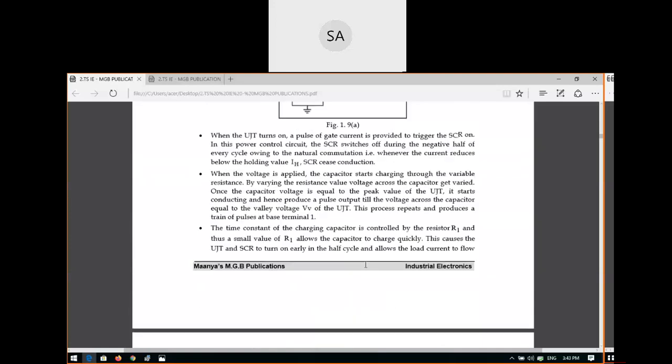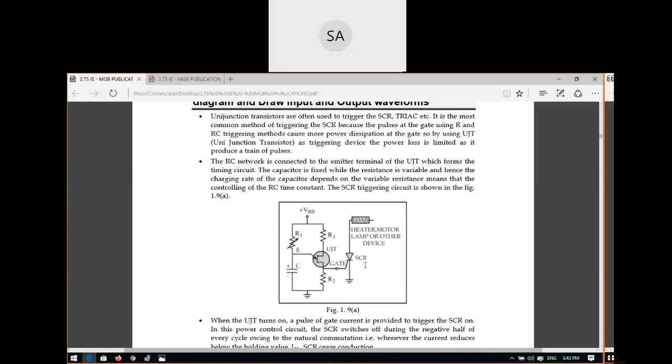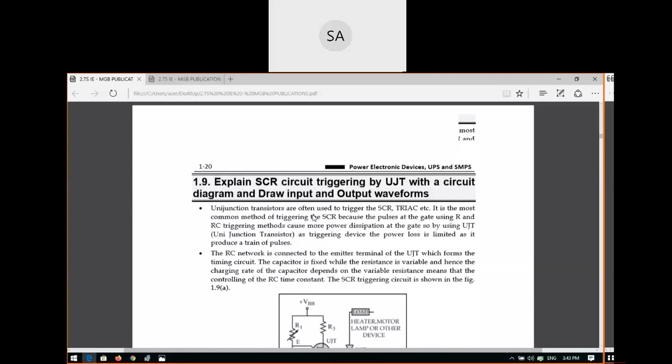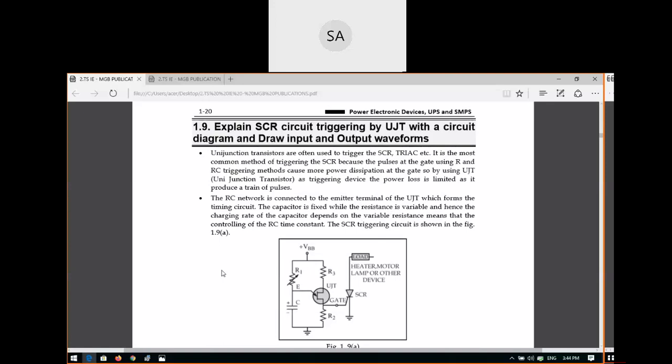So it is very easy to understand this circuit diagram and everything. There is not much concept behind it. You already have the concept of how a UJT works as a pulse or relaxation oscillator, because the output is not sinusoidal. That means small triggering pulses are generated by the UJT, and those triggering pulses are given to the SCR. So this is how to turn on the SCR by UJT. Okay, this is the concept of an SCR circuit triggered by UJT.